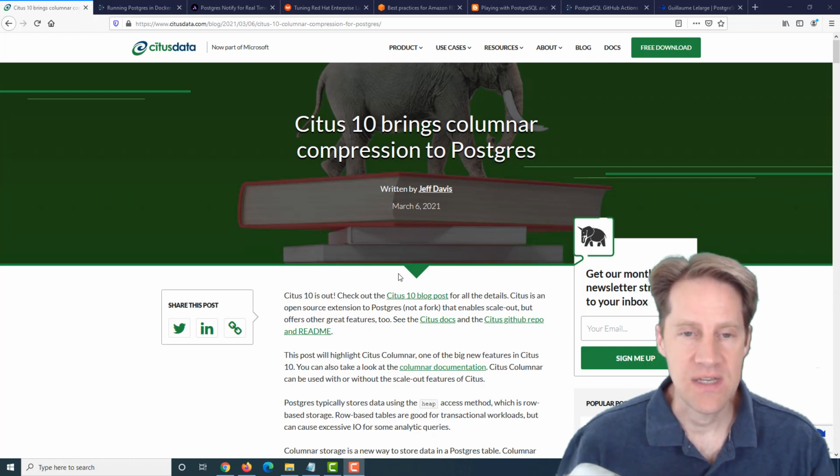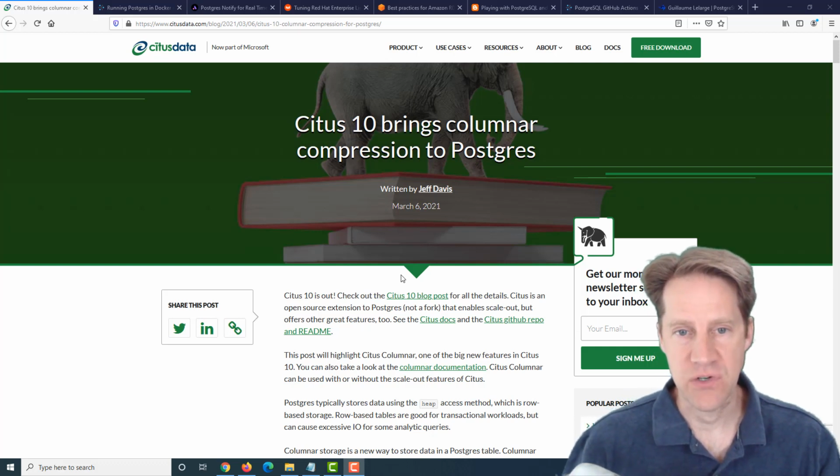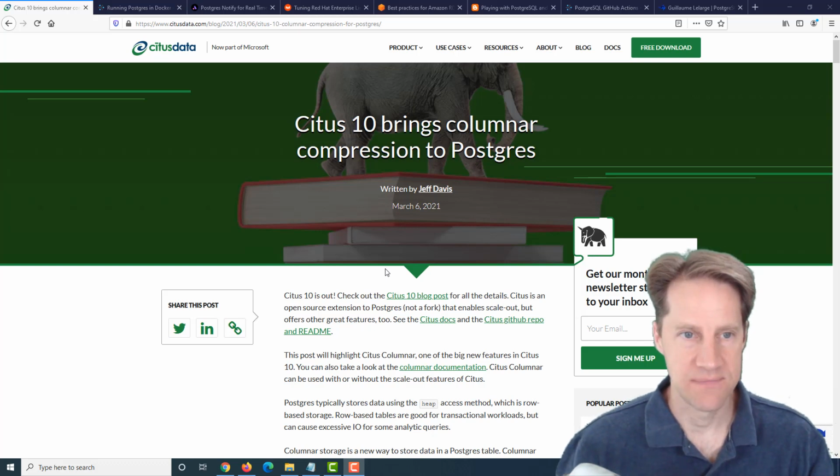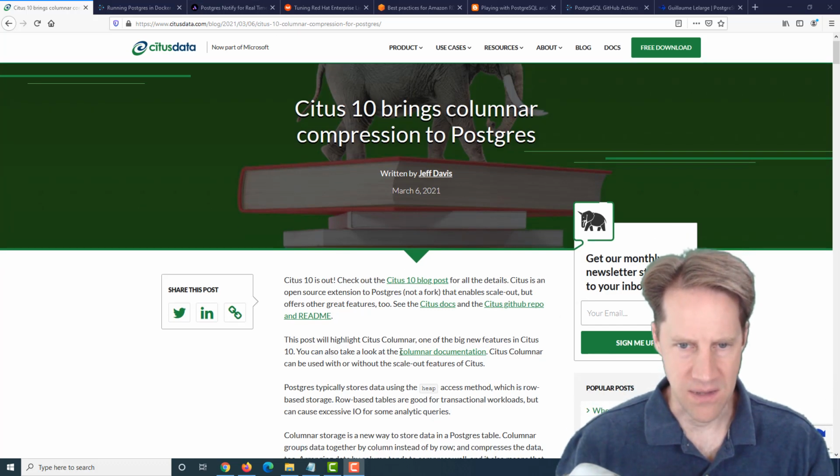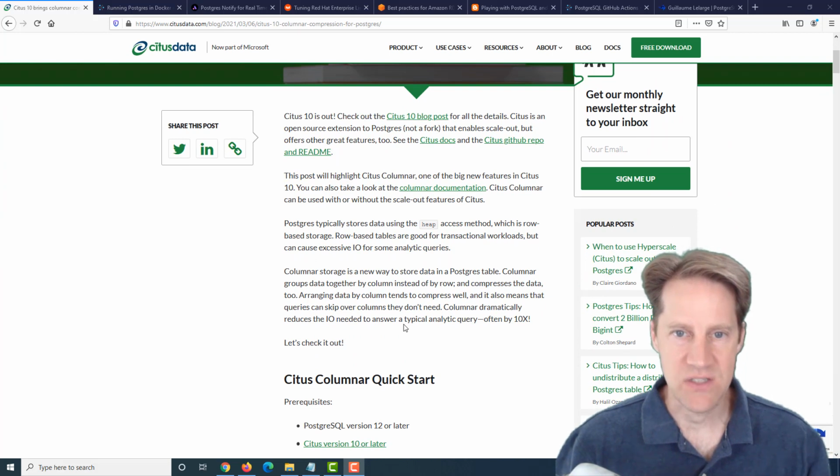Our first piece of content is Citus 10 brings columnar compression to Postgres. This is from citusdata.com, and they're talking about the newly released open source Citus 10 and its support of columnar storage. So typically, Postgres uses a heap access method, but Citus has implemented a columnar access method using the Postgres